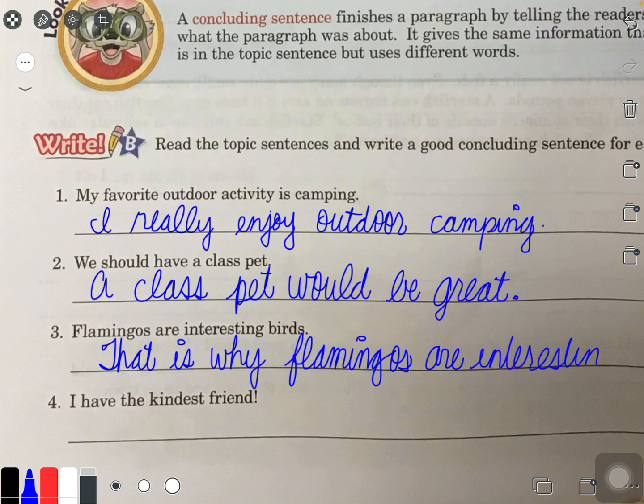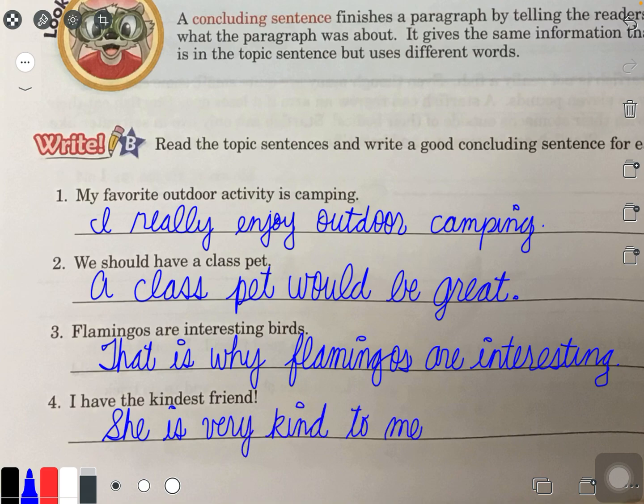Okay, and then lastly, I have the kindest friend. So that's the topic sentence. So the rest of the paragraph is going to talk about why your friend is very kind. And then your last sentence is going to just conclude everything. So I have the kindest friend. And then you can end by saying, he is very kind to me. Yeah, or she is very kind to me. So whatever you want to put down, if you're talking about your friend who's a boy or your friend who's a girl. So I'll put she. She is very kind